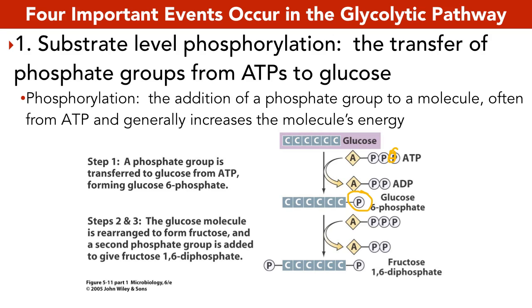Next, this 3rd phosphate will be added to the glucose here. So now we've added how many phosphates to our glucose? 1, 2. We've added 2 phosphates to our glucose. And do you remember we talked about the structure of phosphate? What did it have? It had phosphorus and what else? Oxygen, right? It had that phosphorus-oxygen structure.